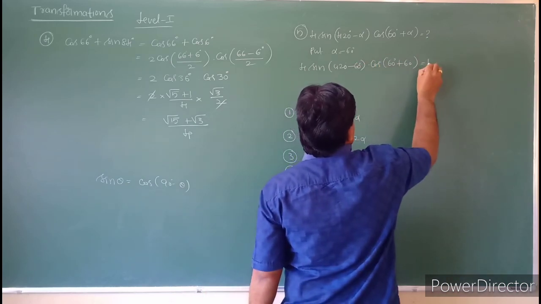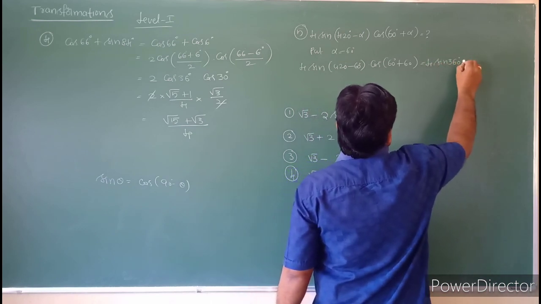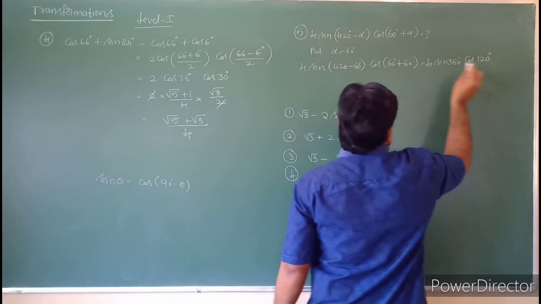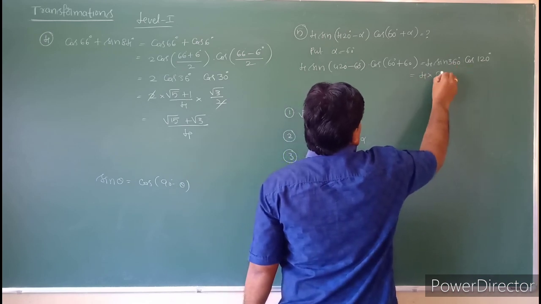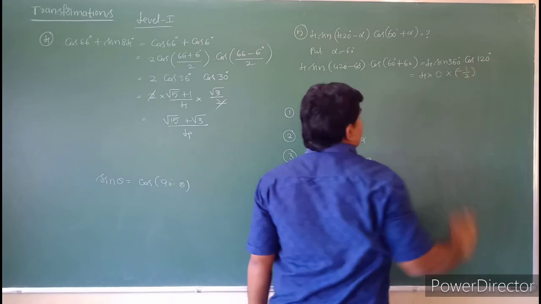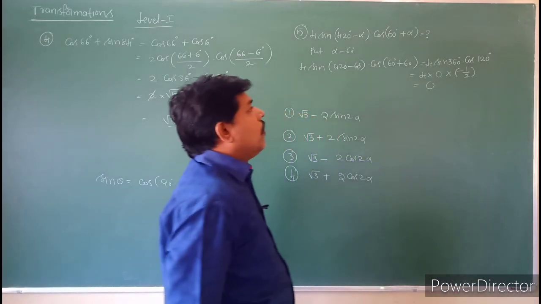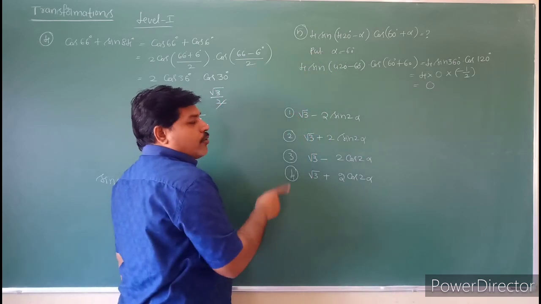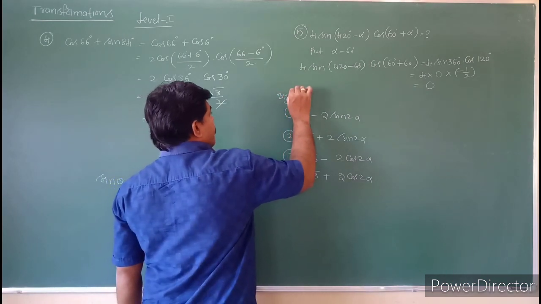So what happens, students? 4 into sin 360 degrees into cos 120 degrees. So that is equal to 4 into, sin 360 is a multiple of pi, so it will become 0, into cos 120. Cos 120 value is minus 1 by 2. So the answer is 0. So you have to substitute this alpha value in these 4 options. You have to get a 0. So that is the required answer. Okay. So by verification,